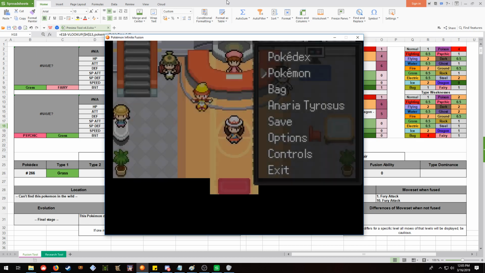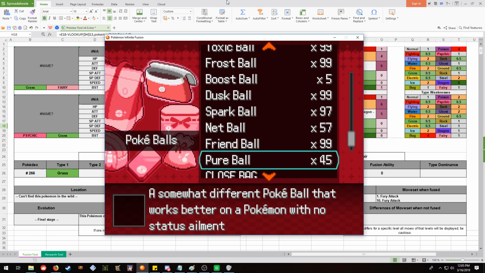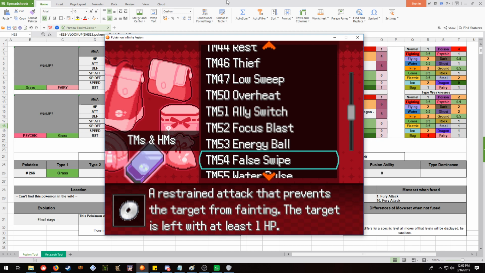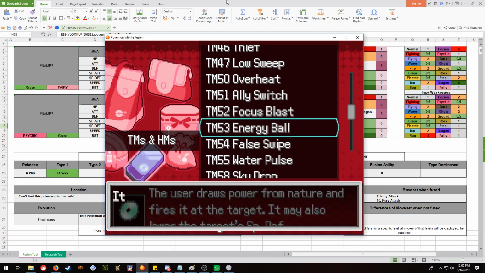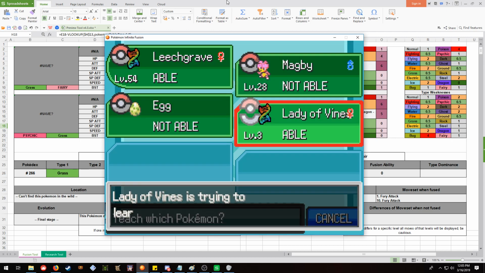Definitely a special attacker. She'll eventually learn Giga Drain. Now, unfortunately, Infinite Fusion does not have, what the hell's the Fairy Leech move? I think it's Draining Kiss? Does not, unfortunately, have that. So until then...